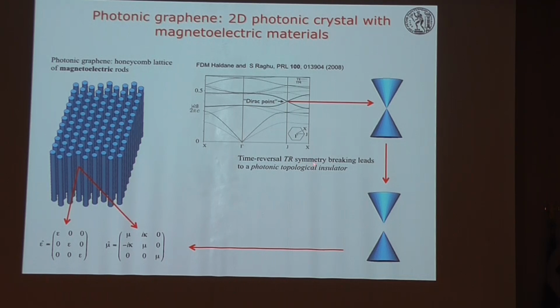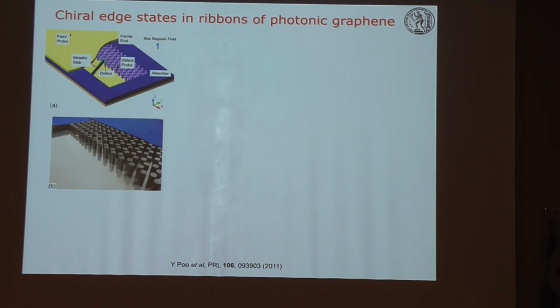in order to break time reversal symmetry, we use not a plain dielectric material but a magnetoelectric material, which also contains a magnetic permeability tensor, which looks like that. It has these off-diagonal terms which explicitly break time reversal symmetry. So the first experimental demonstration